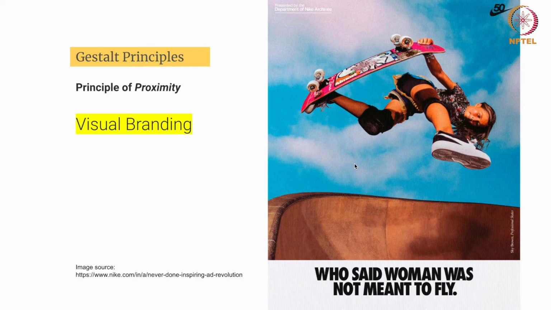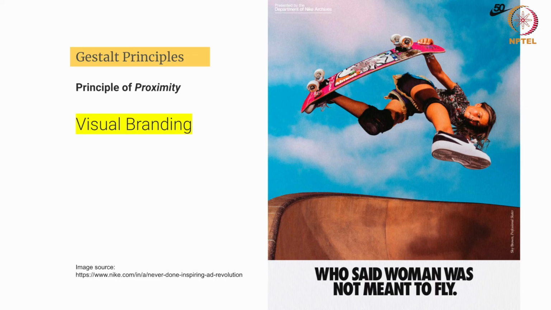So this is an ad campaign run by Nike for the women of the world, and this is where they have created an interesting composition with typography and the logo, and it's celebrating 50 years. Again it shows the idea of composition: although there are different segments, when you group them, it feels like it's associated to a particular brand.